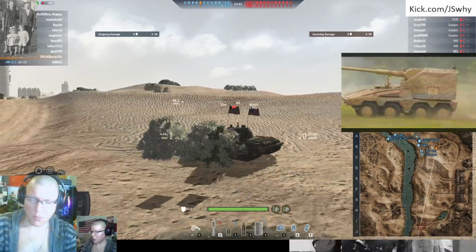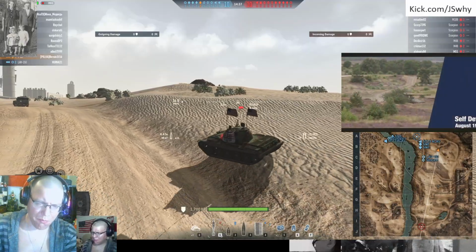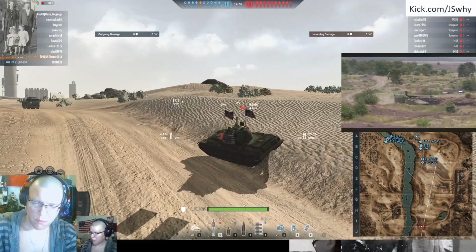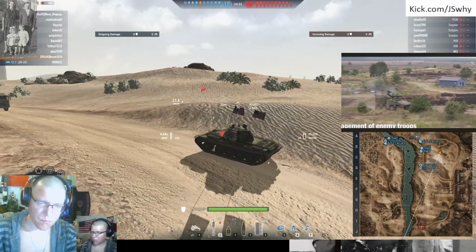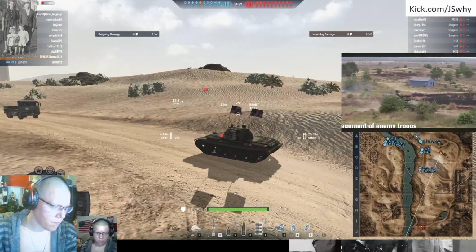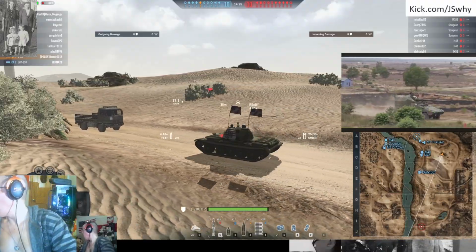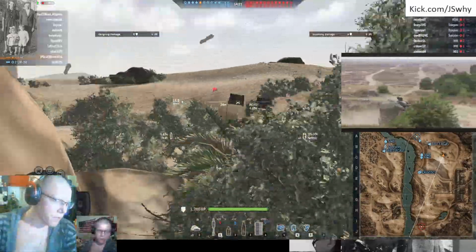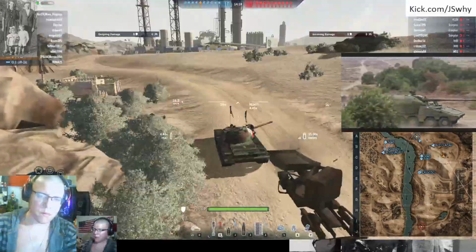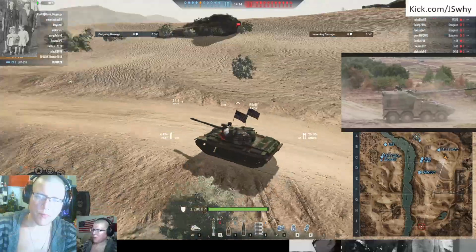But I would say it's a very incremental step. And I do think this is going to be the future of artillery. I think we're going to stop leaning into the world of rocket artillery so much and start looking at traditional projectiles, the weapon of the artillery, in a more technologically advanced setup where we can fire on the move, where we can have multiple round simultaneous impact fire on the move, where we can have the ability to defend the gun platform if we have to, not just with